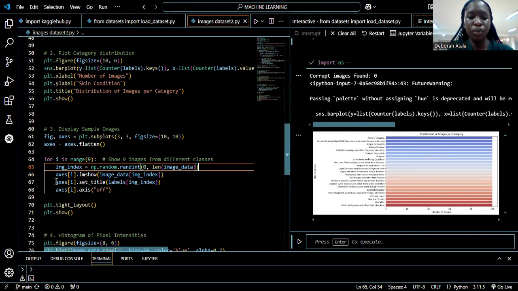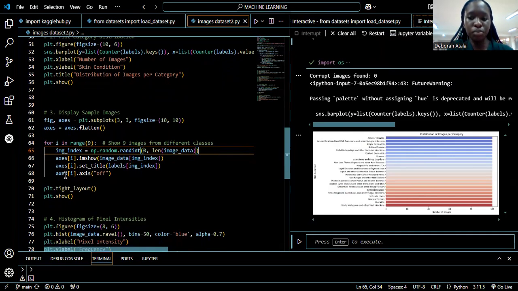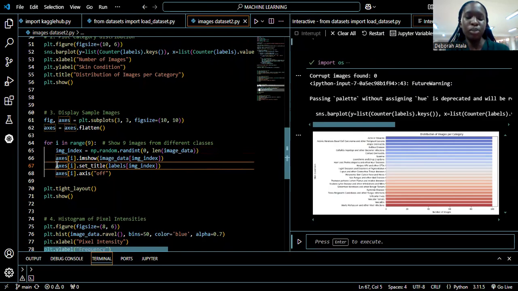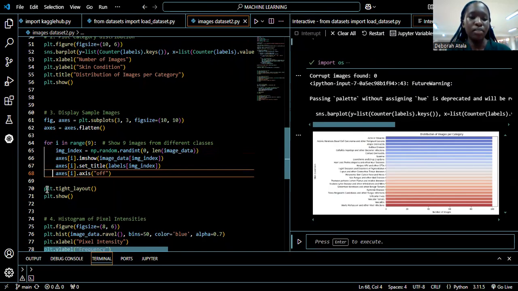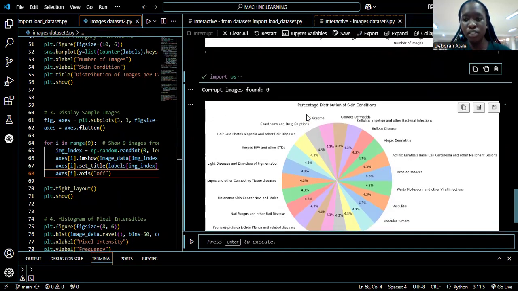And then we set our title, so the title of each image that's going to be shown is going to be the label, that's the class category from which it has been picked. And then we set our axis to be off because we want it clear and we don't want a congested output. So we set our axis off and then give it a tight layout and continue to show the output in Jupyter Notebook,